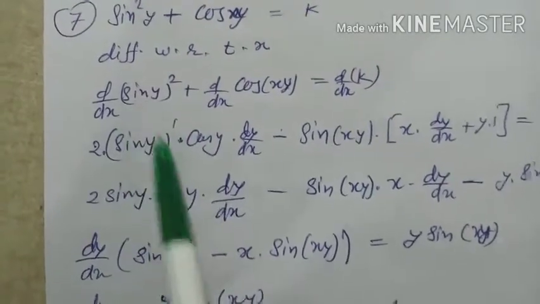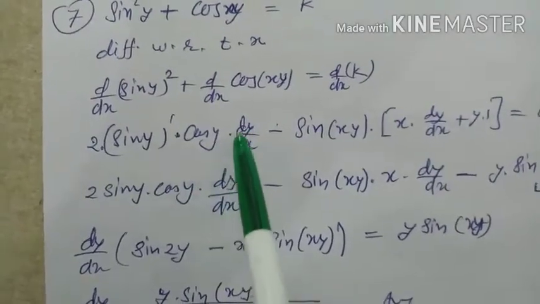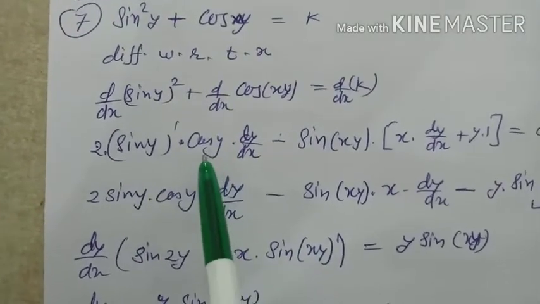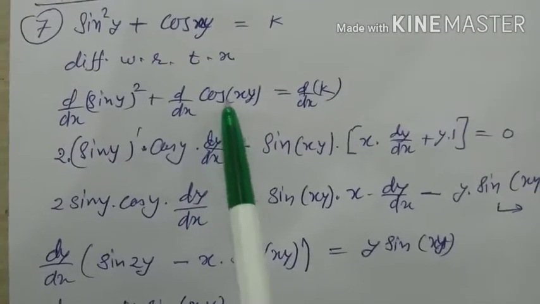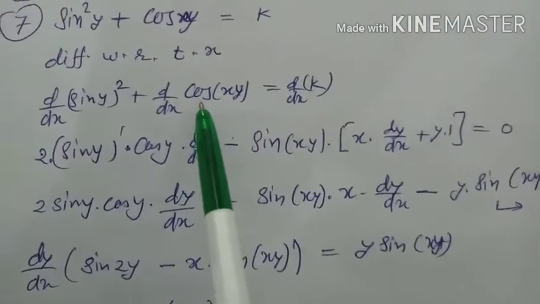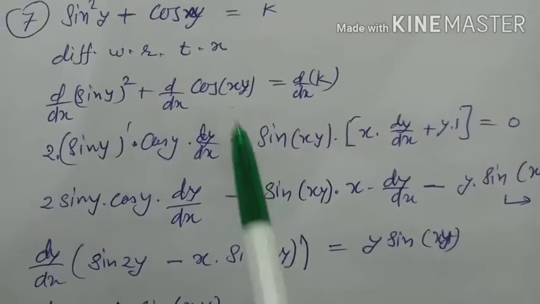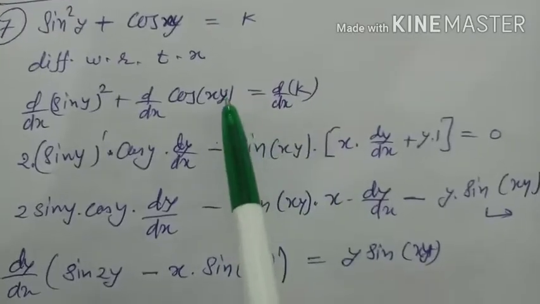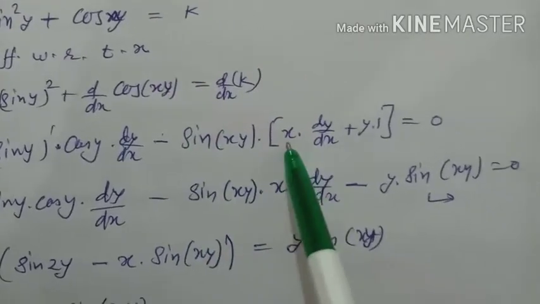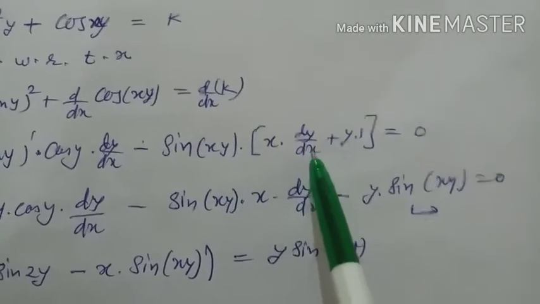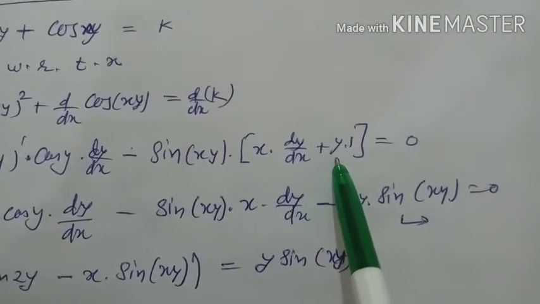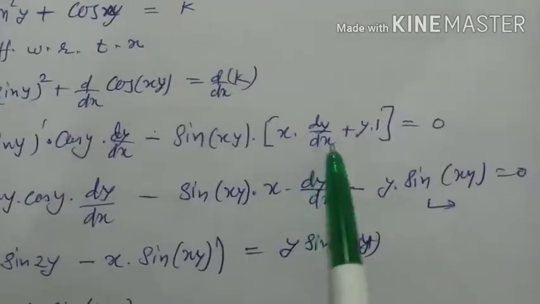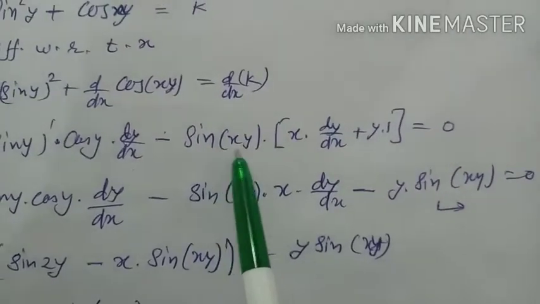Now differential of sin y, that is cos y by chain rule, into dy upon dx also, because this is the term of y and we are differentiating with respect to x. Now d by dx of cos xy, since differential of cos x which is minus sin x, so this is the minus sign, and since the term is xy, so write xy as it is. Now by chain rule differential of x into y also, so x as it is, differential of y, that is dy upon dx, plus y as it is, and differential of x, that is 1, and differential of constant which is already 0.